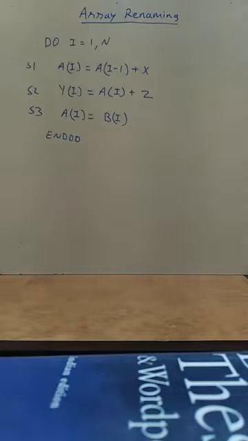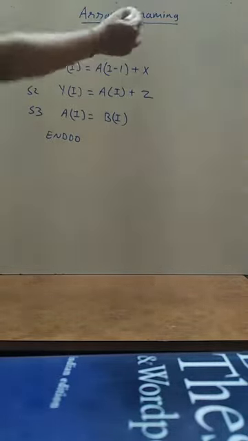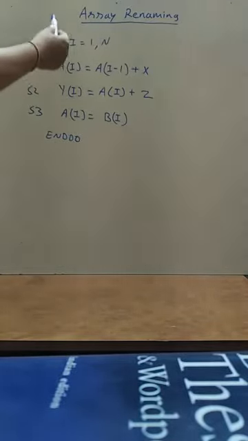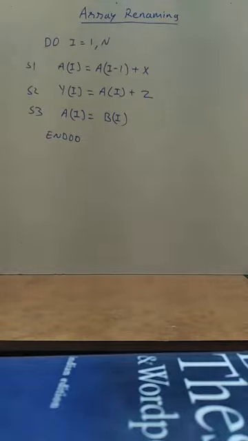Okay, so memory required for an array would be more than the memory required for a scalar. So array renaming will cost more because it requires more memory. You are replacing one array by more than one array, so obviously it will take more memory. So try to understand this array renaming by using this simple example. Again, I request you to observe this loop very carefully.